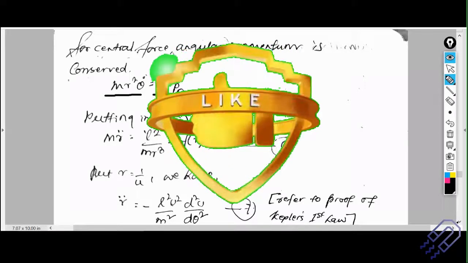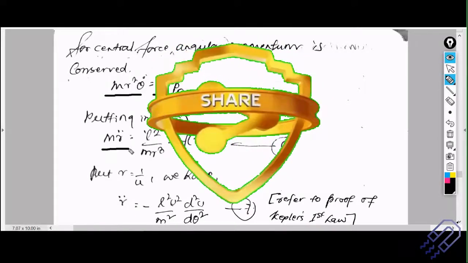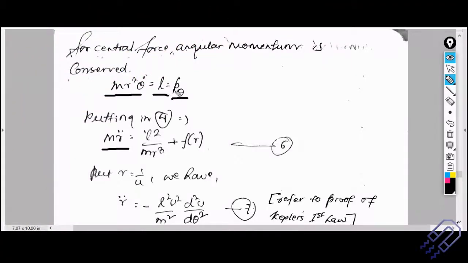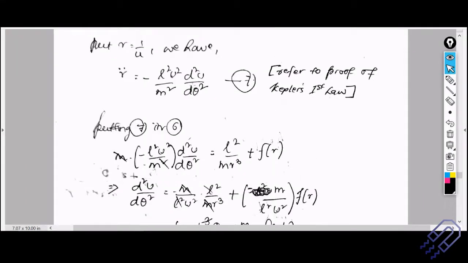Again, we have done it a number of times, and we can just put it in the previous equation. The previous equation was p theta squared by m r cubed, so you can just replace p theta by L. So you can simply write it as L squared by m r cubed plus Fr. We can keep it as K by r also, but let's just keep it as Fr. And this step also we have done: r is equal to 1 by u. If you take r as 1 by u and you take r double dot, this r double dot would be nothing but minus L squared u squared by m squared into d squared u by d theta squared.